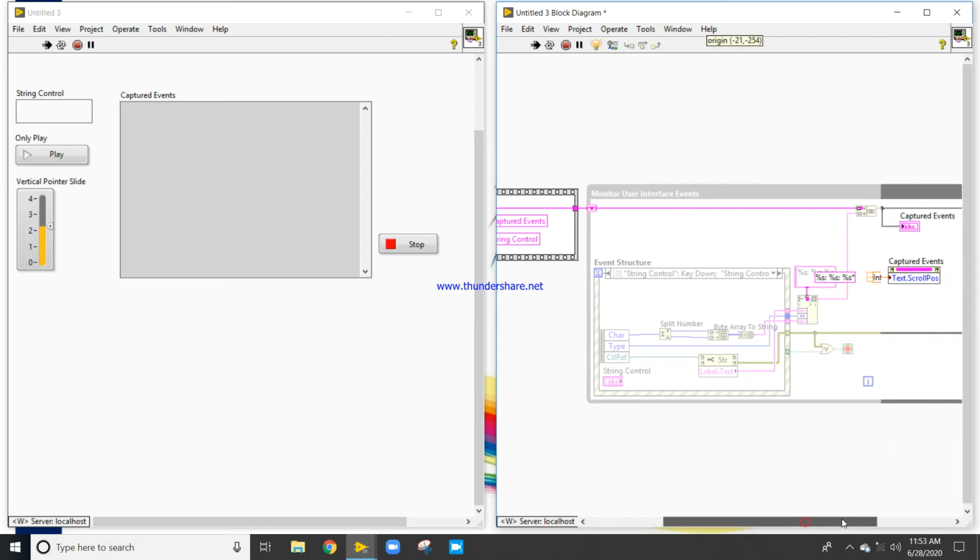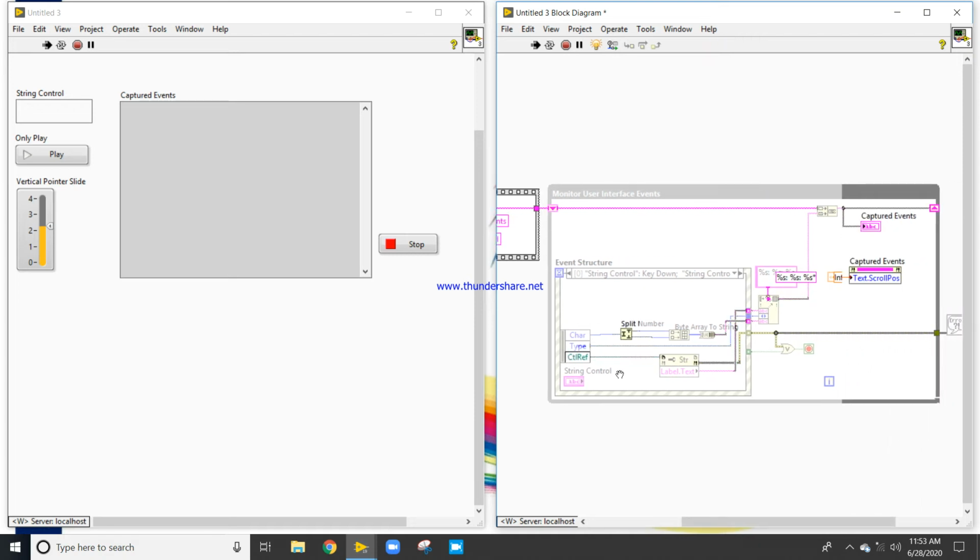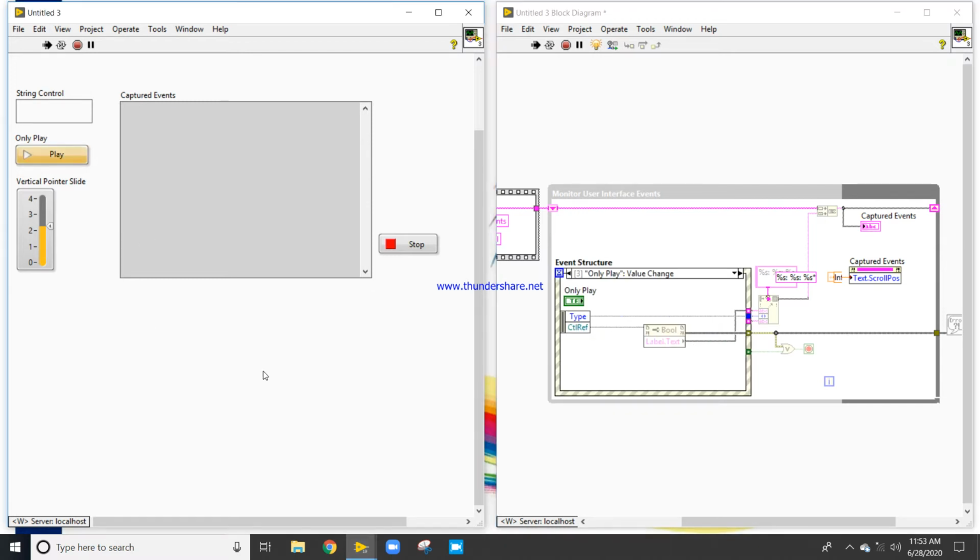Now this loop is waiting for the event. When I press this only play, it will go and only play will execute. Now the data has been displayed here: only play value change.